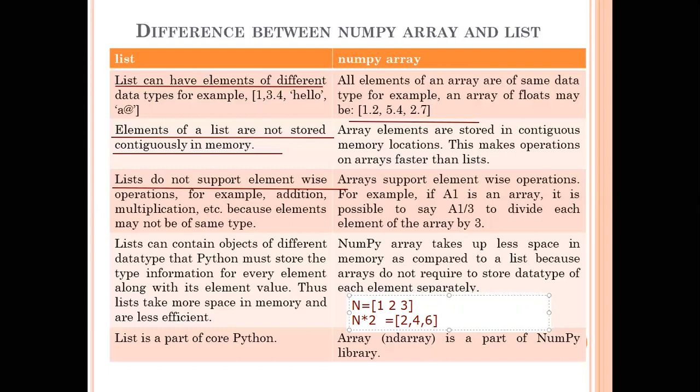This is the difference between list and Numpy array. If you divide, it means each element of array will be divided by 2. If we write plus, each element of array will be added by 2. Then next,